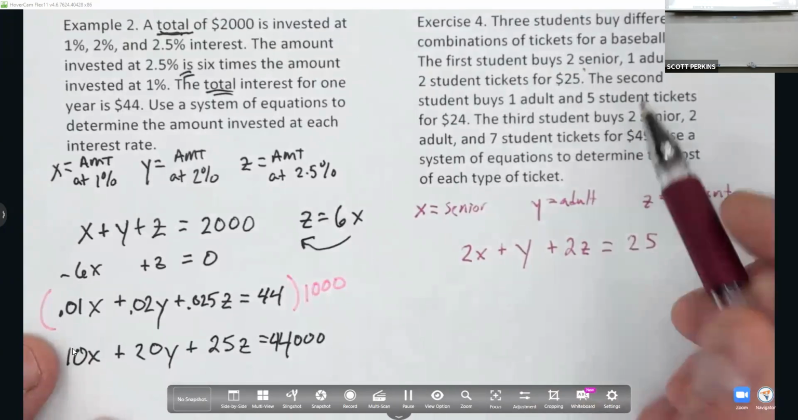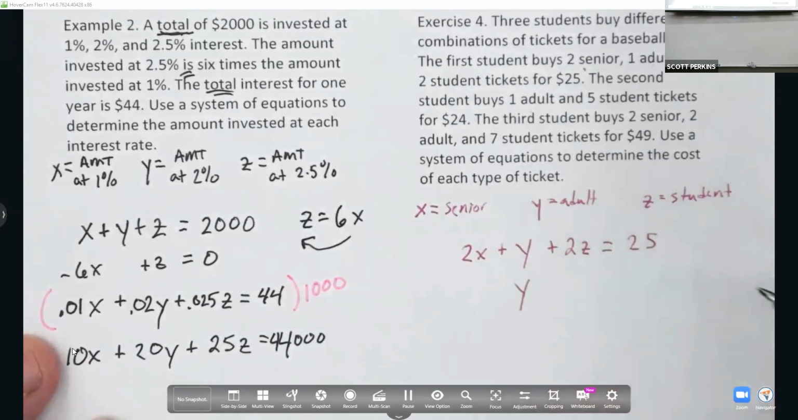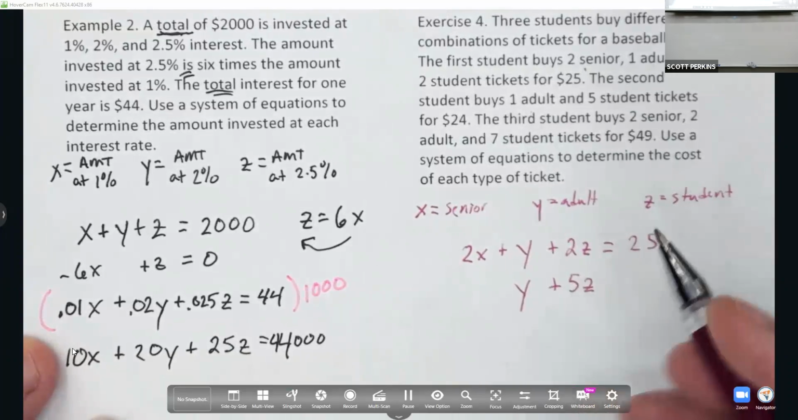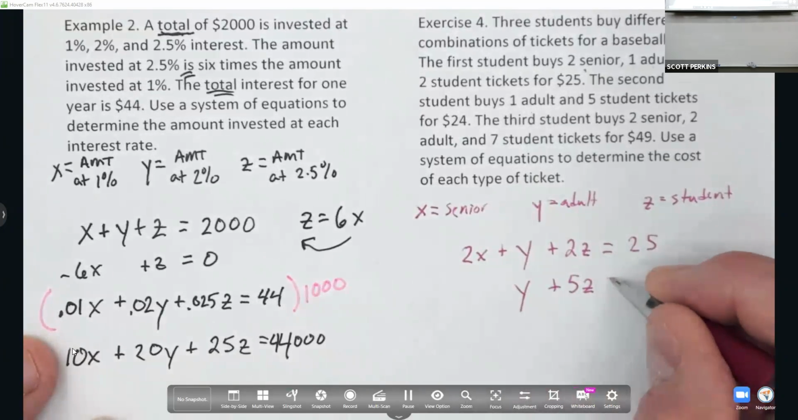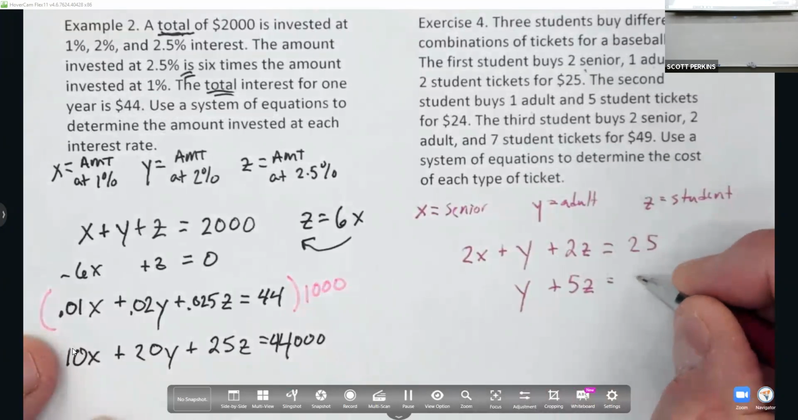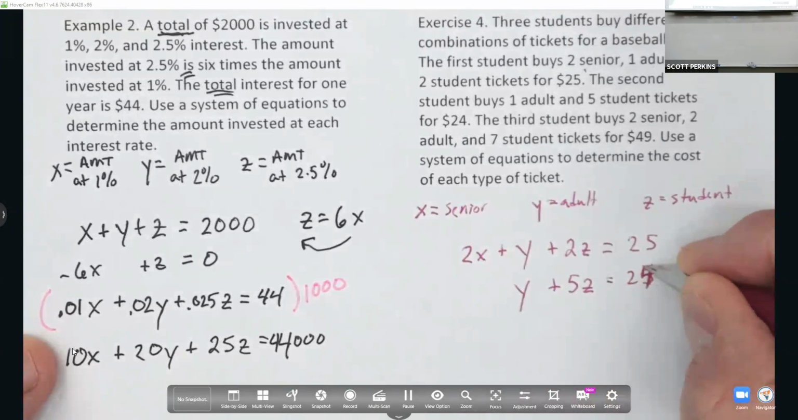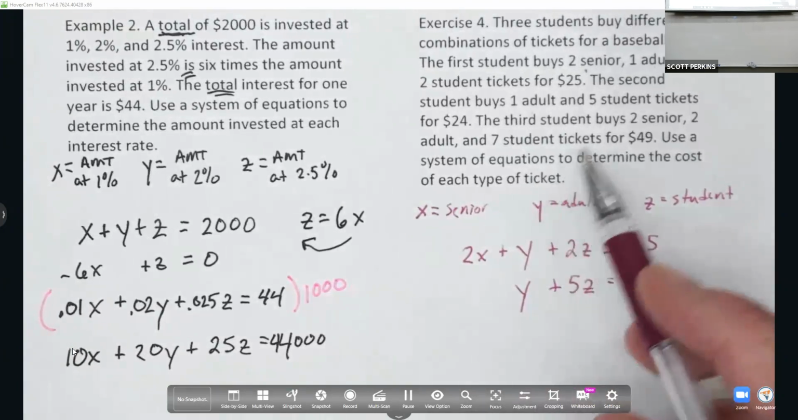All right, next equation. The second student buys 1 adult. So that is 1Y and 5 students, 5Z. Notice this second student did not buy any senior tickets. And when this second person, they spent 20, whoops, no they didn't. They spent $24. And then the last student buys 2 senior,